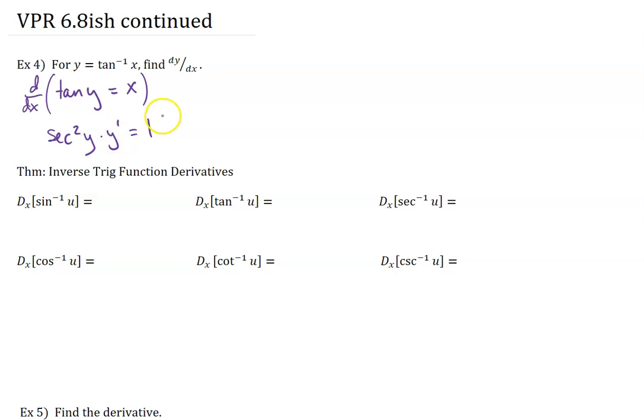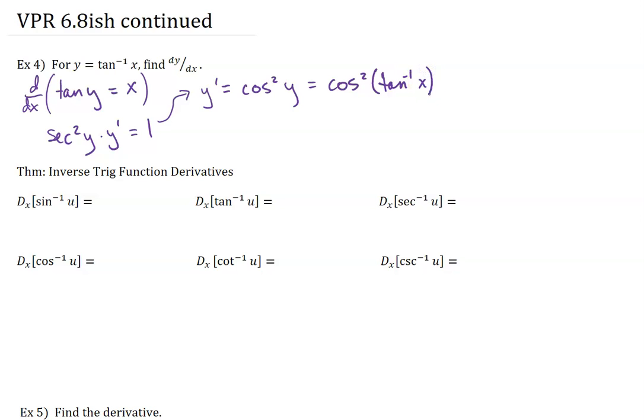Okay, and then solving for y prime, I'm going to divide both sides by secant squared. Dividing by secant squared is the same thing as multiplying by cosine squared, so then I get y prime is equal to cosine squared of y, which is equal to cosine squared of tangent inverse of x,